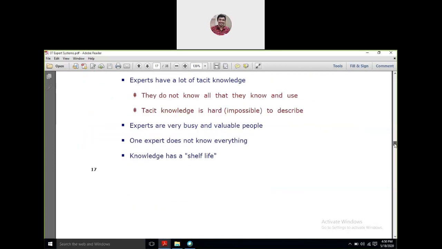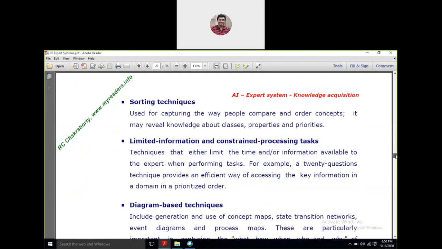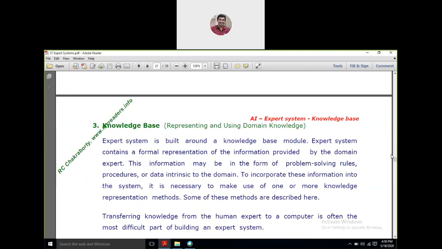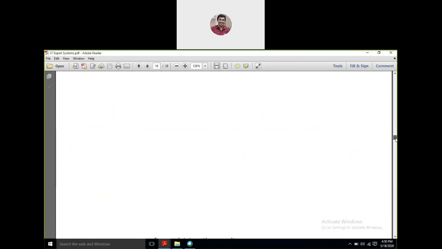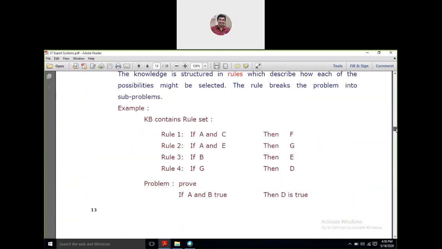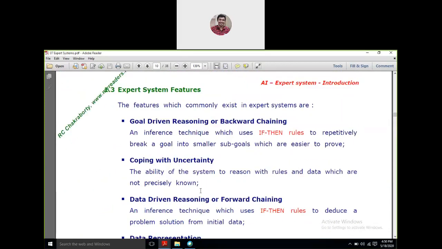And then we do have finally the knowledge base and the expert system shells. So the expert system shells part I'll be taking care of in the next lecture, that means tomorrow. So let us begin with this part, that means our expert system features. So yesterday we went through this goal driven, that means backward chaining, which is one of the